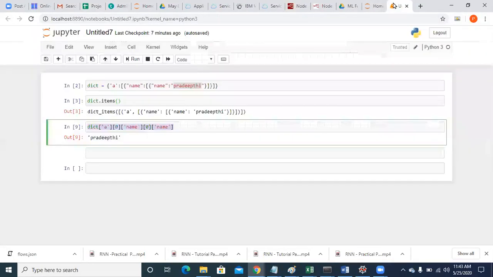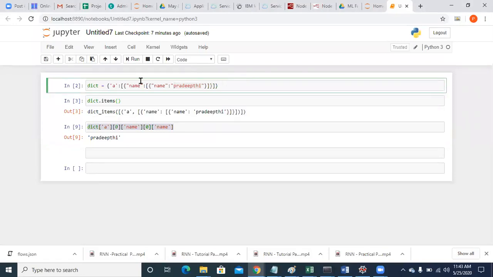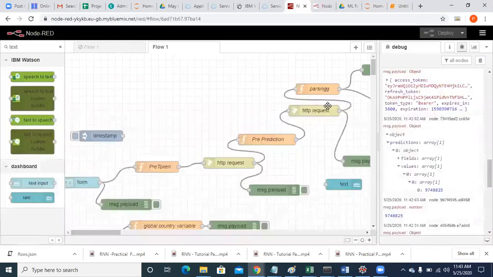Likewise, we parse the dictionary. The same way you have to parse this output. So first of all, you have to see what are all the values that are there inside it, and you have to parse it. Instead of that, IBM has given a feasibility for us to just copy the path where the value, the parsed path of the value will be.